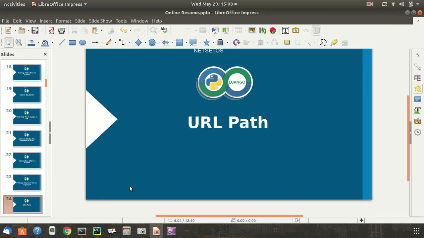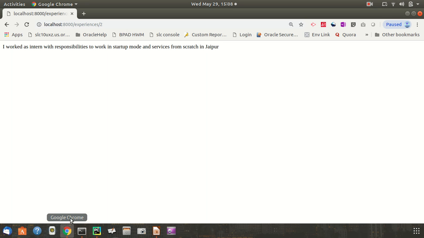URL path. Here, if we want to know more about experience, we can put that in the URL, and that is going to give us the summary. But this is not really all that great. It has to be awesome like